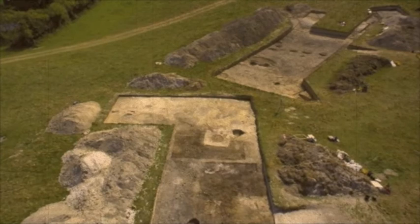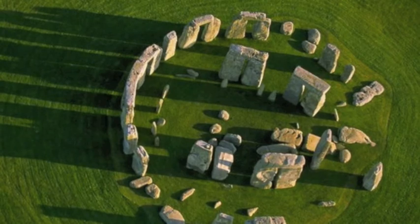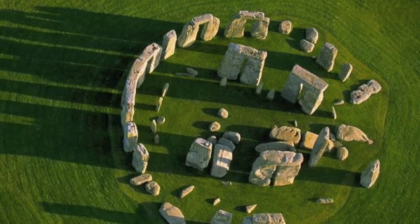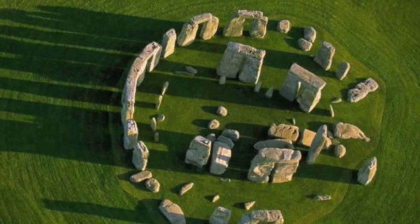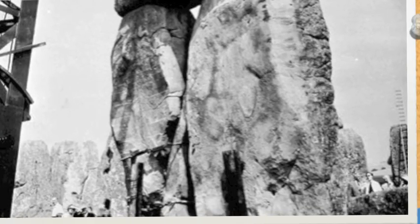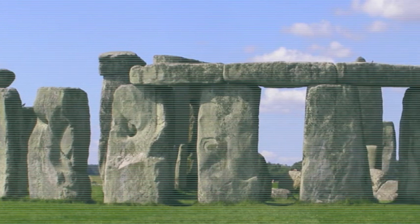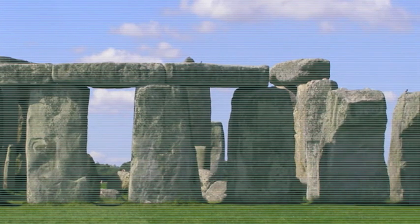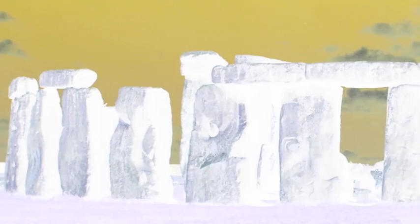The current and most popular belief about Stonehenge is that it was an advanced calendar to mark, predict, and observe astronomical and seasonal events, such as the winter and summer solstice, the equinox, and the lunar eclipse. It is quite possible that in its first stage Stonehenge was purely a religious structure, and then modified by later builders to serve as an astronomical observatory. Again,